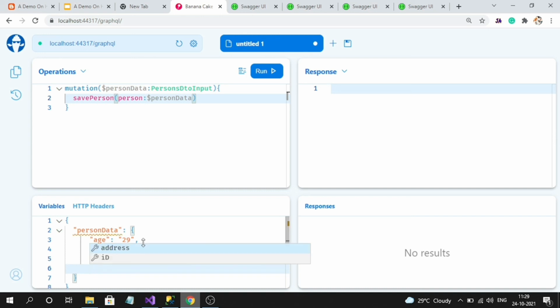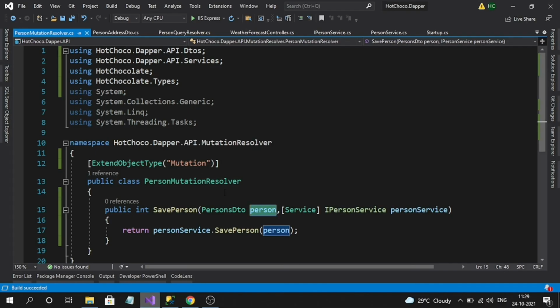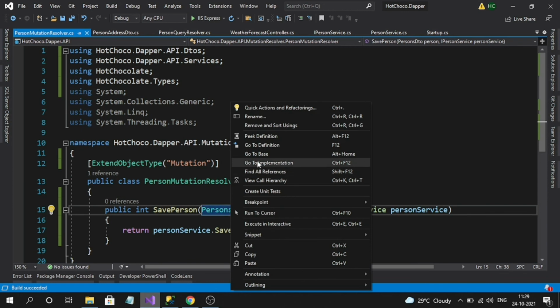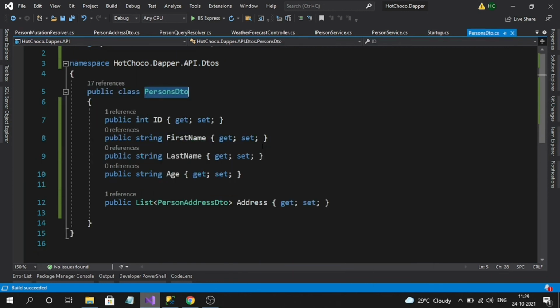And here ID is non-nullable, right? So I am simply sending 0. All the non-nullable properties in this class should be sent from the server, or else it will throw an error. Address is a nullable object, so I need not send it, but ID is non-nullable, so I must send it.